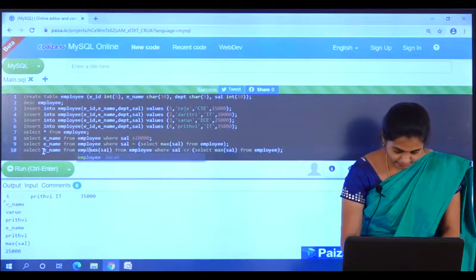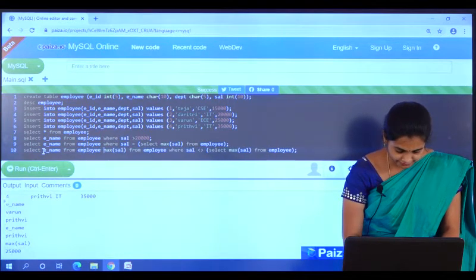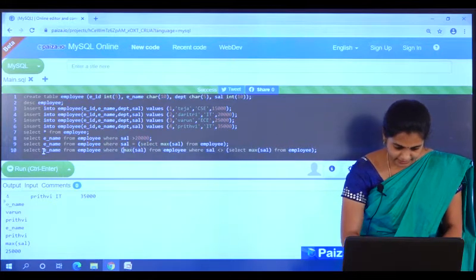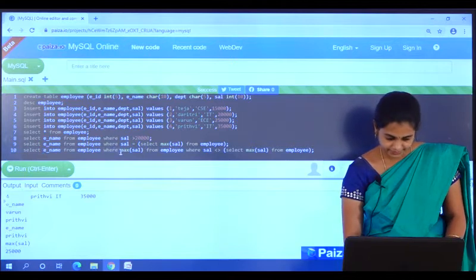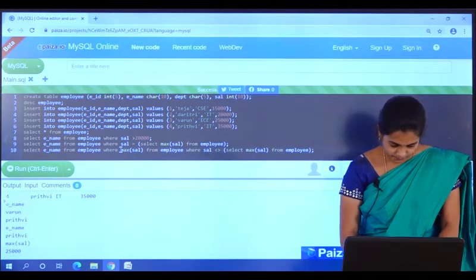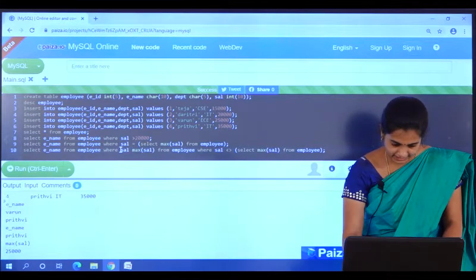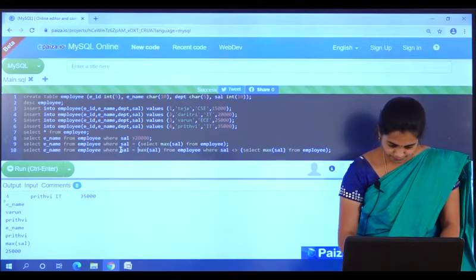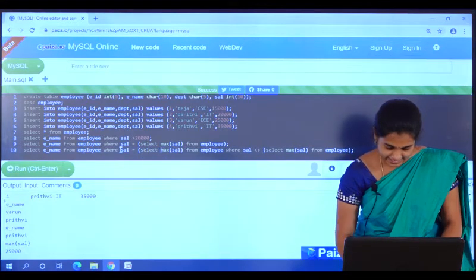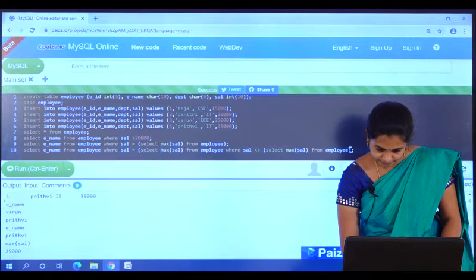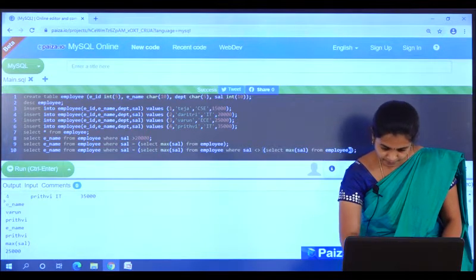from employee where the condition, where maximum salary equals to, okay, this is the inner query. Select, okay.